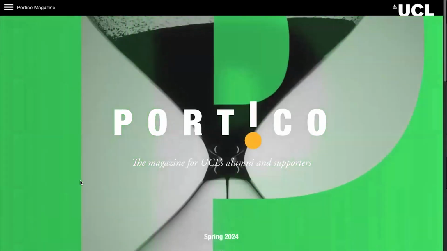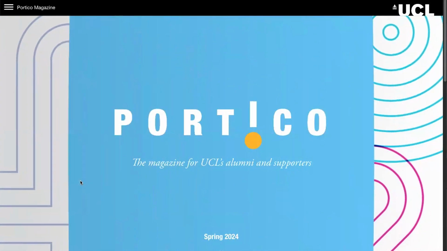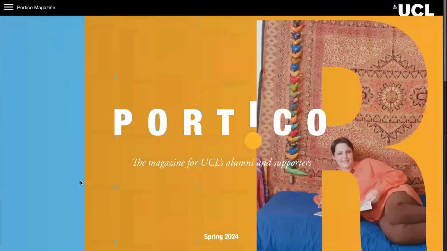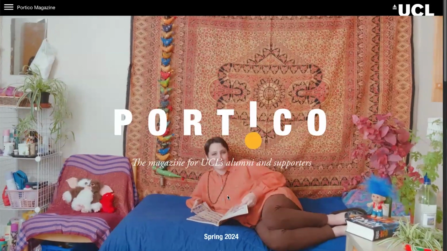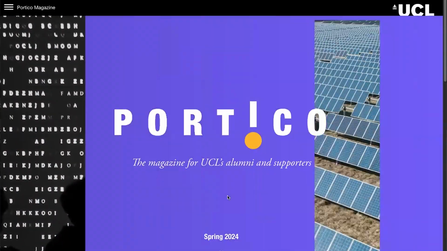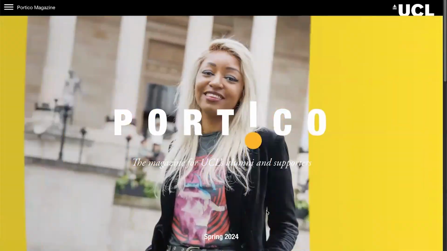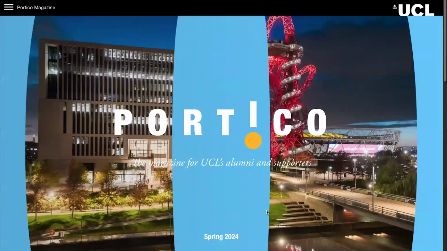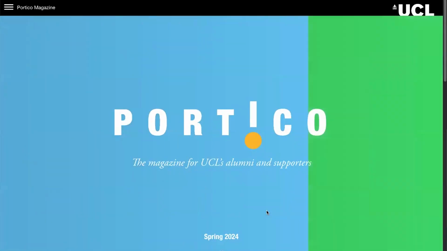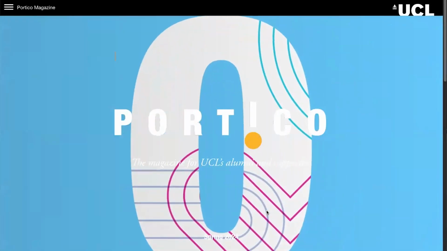Next up is Portico, the University College London alumni and support magazine. This is another great example of how you could perhaps transition your print magazine into a digital online world and get more engagement. Of course, many organizations are going to continue with their print magazine. We do often speak to a number of organizations that have that tricky balance as well,